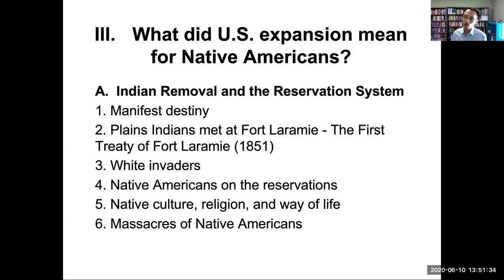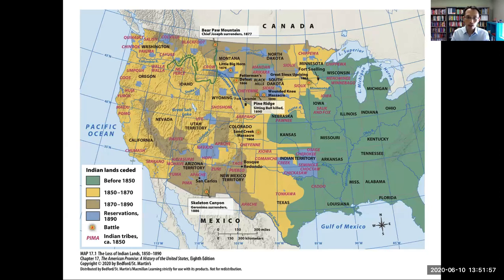So reservations refer to land that the American government gave or assigned to American Indians in order to reduce the tensions between the Indians and the Western settlers. At these reservations, a lot of times, Indians actually faced poverty and starvation because of the meager government rations that were distributed. On this map, you can see the areas shaded in blue, and these were the areas of Indian reservations circa 1890. So that was the first strategy.